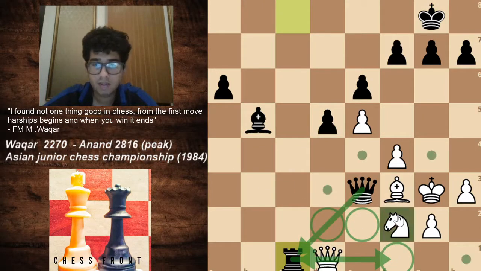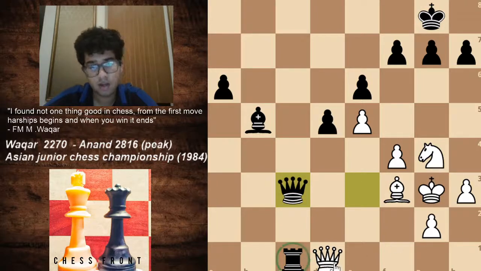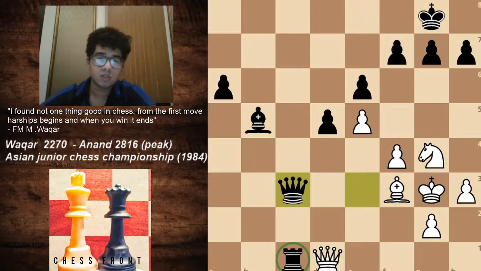If white goes for the move over here, then just simply queen c3 and the rook is still trapped, and black will win the game. So yeah, this was the final game. So Mr. Lothi did end up beating Team Pakistan 3-0, which just goes to show the power of a world champion beating an entire country.